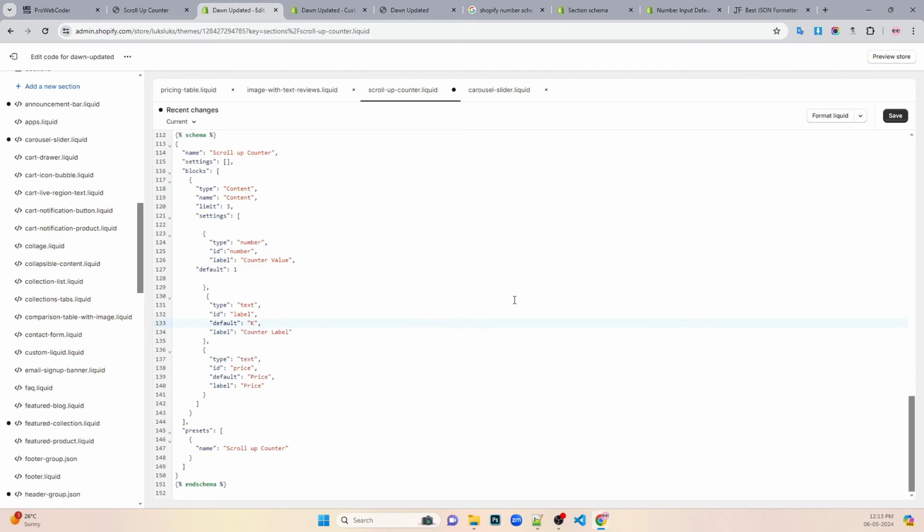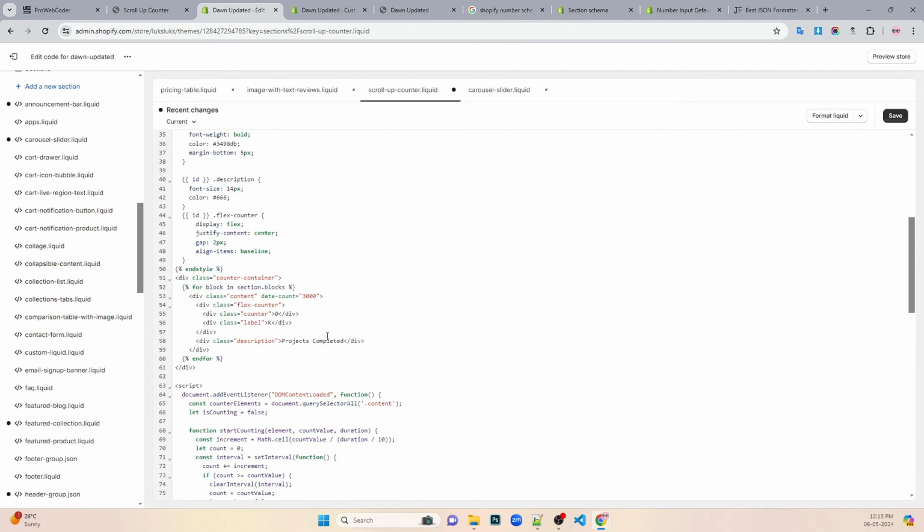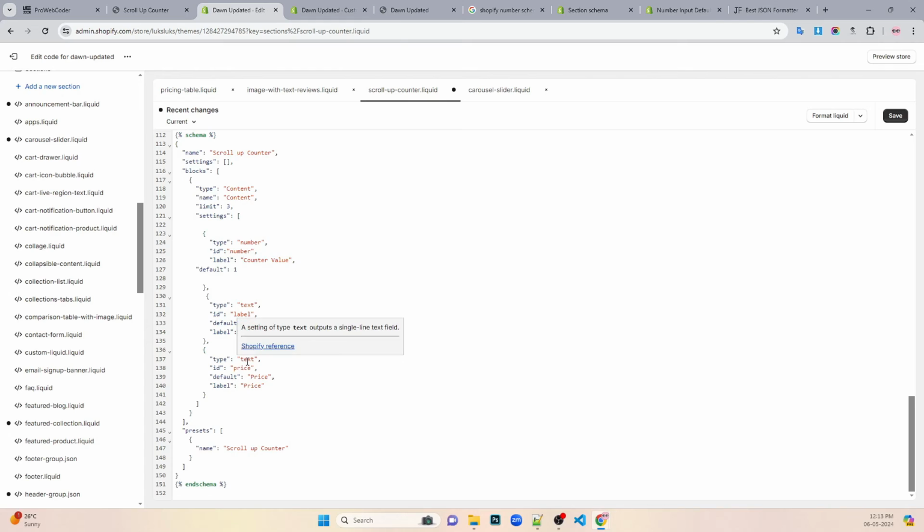So the next thing is I want this description, so I'll just copy this, and I need label price, and yeah, the ID would be okay. All right, so